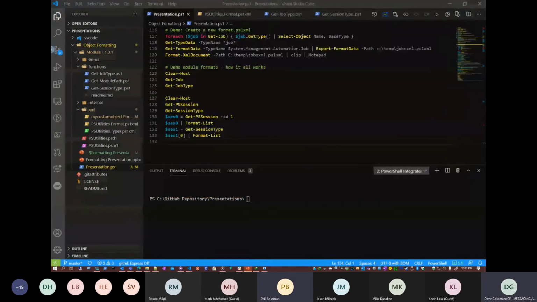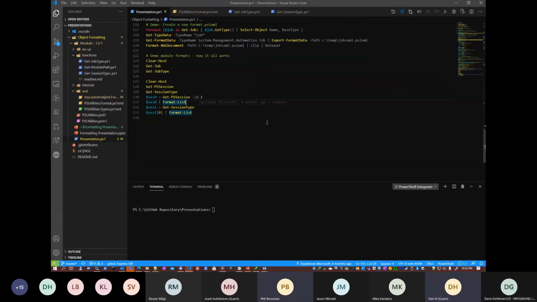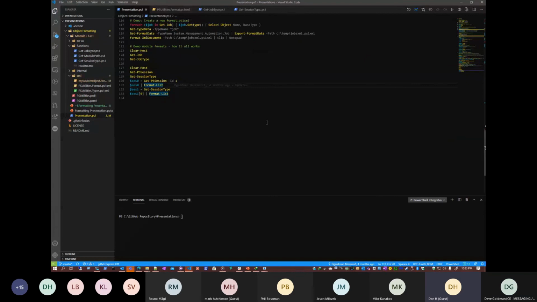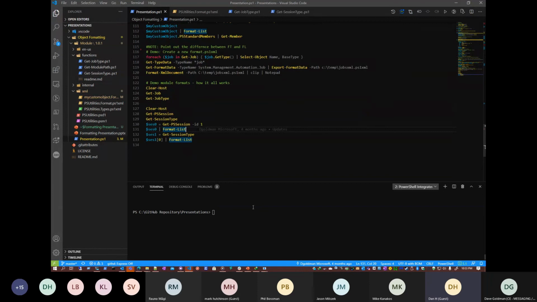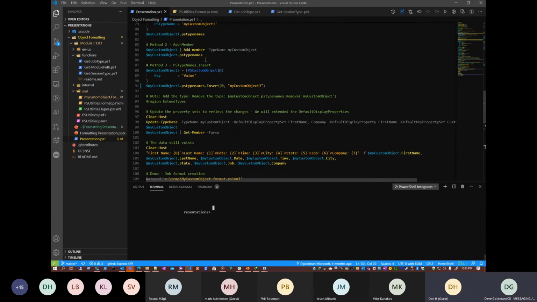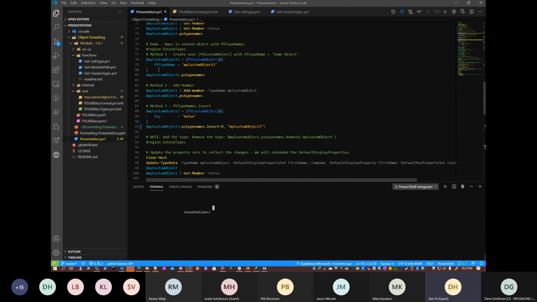Any last questions or anything that you guys want to try? I had a quick question about using minus or dash is on this, because with PS type names, can you use dash is, or will it recognize that type name? I haven't been able to do it successfully myself, but I was wondering if there is a way to have it recognize the object type. Like dash is to check the object type.